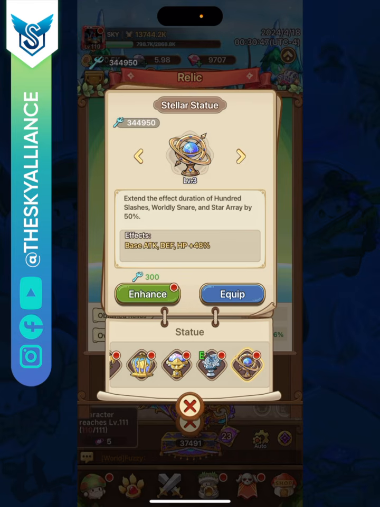For the orange relic, I would definitely go with this one because it extends the duration of your star array by 50%. Now remember, star array's duration was 5 seconds. With this, it would go to 7.5 seconds. And also remember that a deadly skill, Crimson Moonfall, has only an 8-second cooldown period, but you have the Warlord Hydra Sprite. So that should reduce it